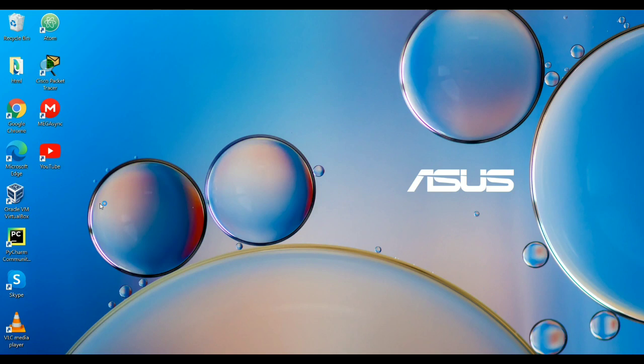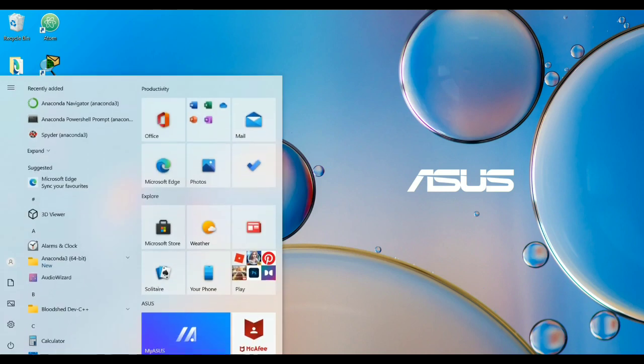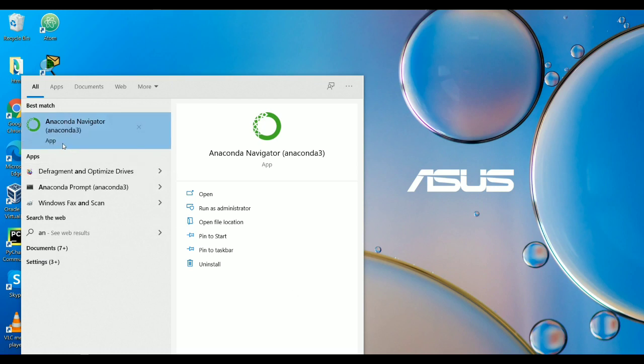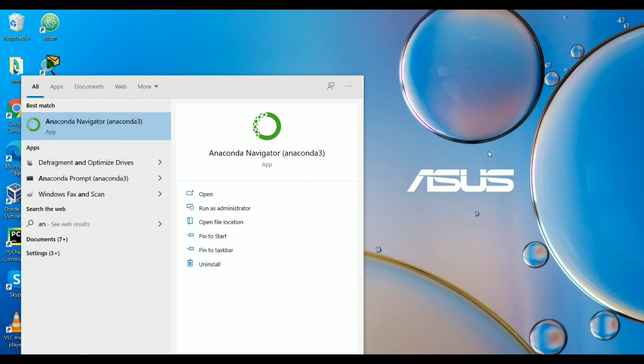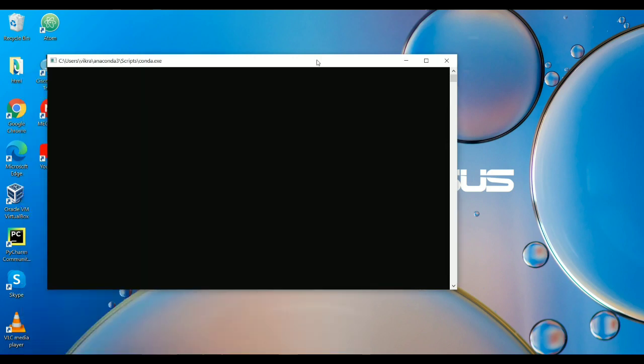So in the Anaconda Navigator, we'll get multiple options. You can start the Anaconda prompt from the Anaconda Navigator or directly from the start menu also. Here we can start the Anaconda prompt directly, as well as if you open the Anaconda Navigator, this is the app. Here we will get the multiple options. Once it opens, I will show you what are the different options we can start from the Anaconda Navigator. We'll see one by one. So it's starting, it will take some time to open.